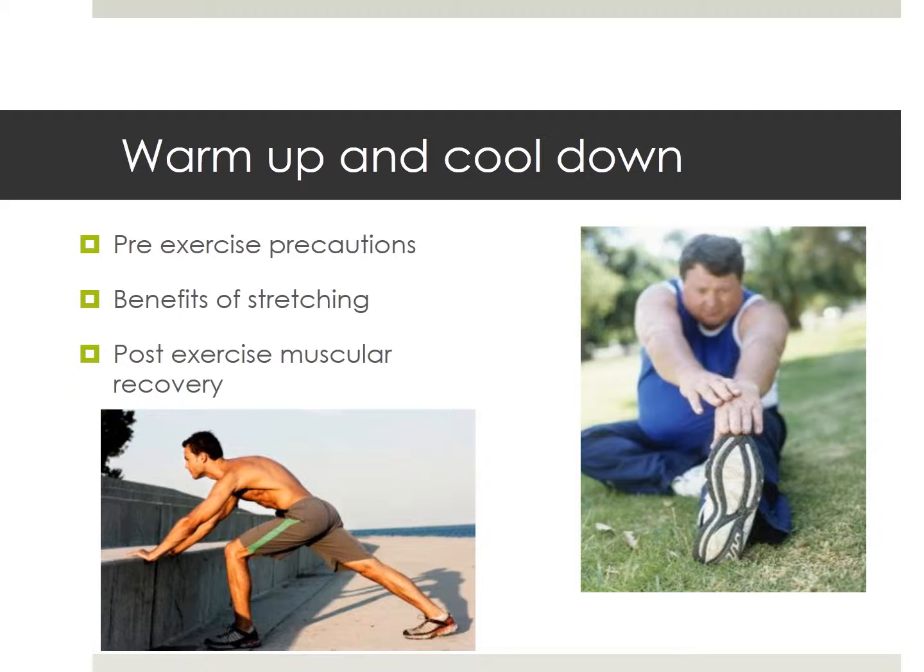In order to avoid injury by having an adequate pre-exercise warm-up, a gradual increase in intensity is required. Flexibility can be an easy fitness component to improve. A 2013 study compared a male control group continuing their daily exercise with a group of males who continued their daily exercise whilst undergoing a 12-week stretching program. By the end of the 12 weeks, the group who had completed the stretching program had a significantly higher increase